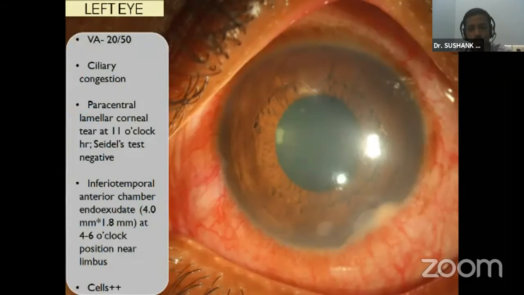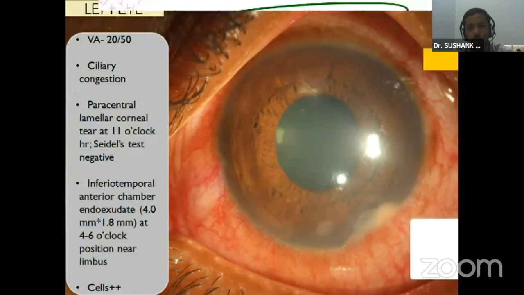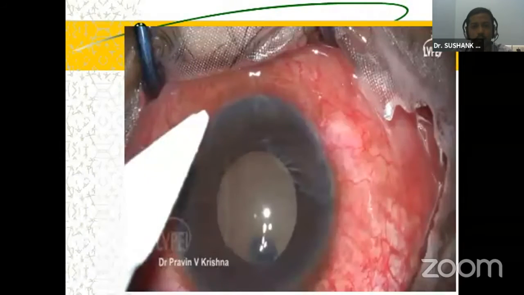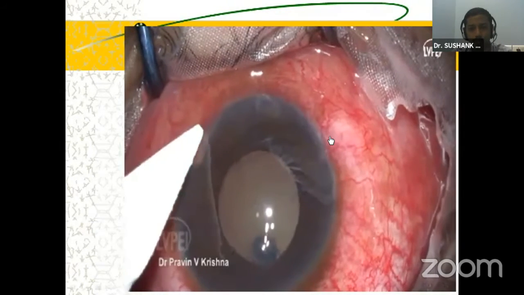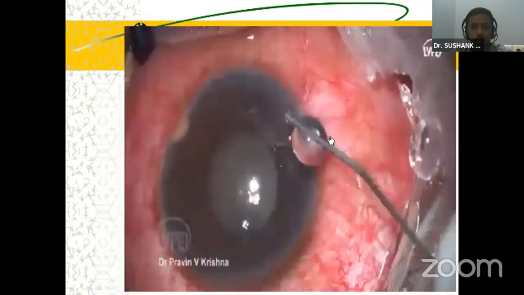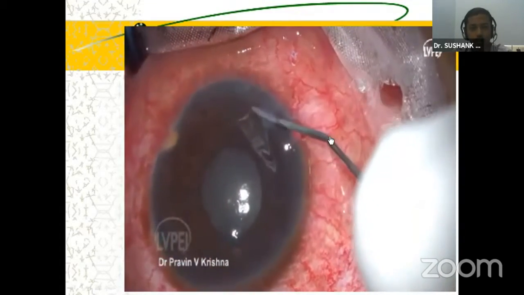So this was a case presented to us with a stick injury, and the foreign body was located in the angle of the anterior chamber with the help of UBM. And this is the video of the same case. First the foreign body is located, then a side port is made around 3 clock hours away from the main foreign body,